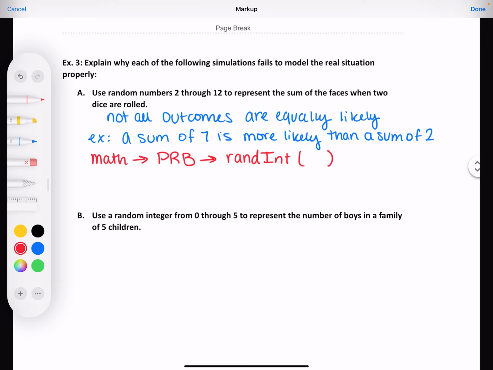Okay, and then it'll ask you for a couple things to go in there. Well, let me rephrase. It's not going to ask you in the sense of how the other calculator functions have said, how many numbers do you have? You're not answering questions to fill it in. You just have to know what it is. So basically, what we're going to put in here for our particular case is going to be random integer. I'm not going to actually run it, but I'll show you what it looks like. So the first number that you write is the smallest number that you could get.